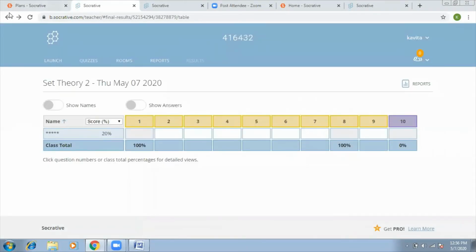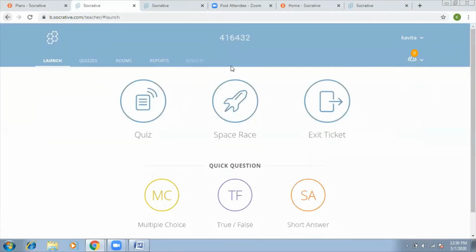Okay. Coming back to Space Race. Space Race is one of the interactive features of Socrative. This feature allows students to work in pairs. You can divide the class into different teams and give the same quiz, but they are going to work in a pair. As they answer the questions, students race to be the first team to cross the finish line. So you can give the same quizzes we have prepared there, but now it will be like a team activity.